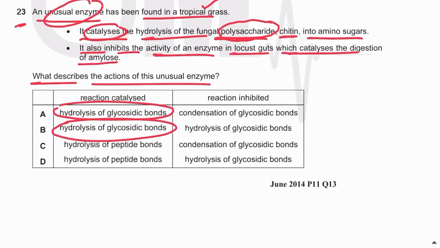It also inhibits the activity of an enzyme in locust guts, which catalyzes the digestion of amylose. So guys, if this enzyme is inhibiting the digestion of amylose, it means the reaction that it is inhibiting is the hydrolysis of glycosidic bonds, because the digestion of amylose also involves the hydrolysis of glycosidic bonds, because amylose also contains glycosidic bonds. The answer is